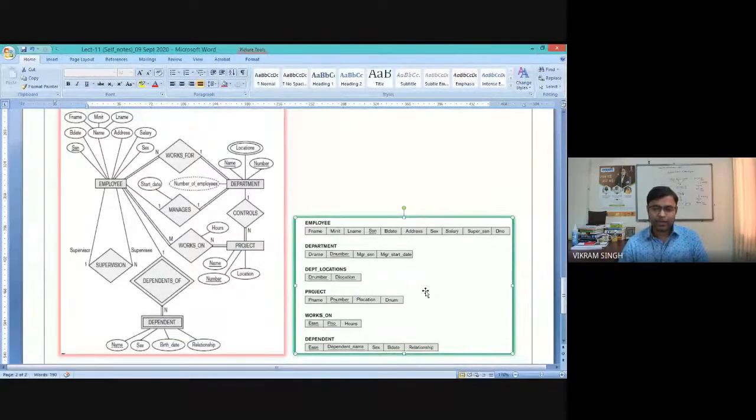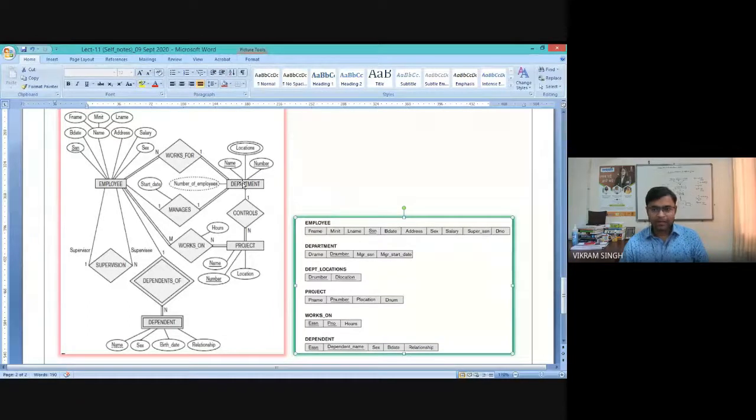Next thing is to see the multi-valued attribute. Only the department entity has a multi-valued attribute, location. You can easily spot that the location attribute in the department entity is multi-valued in nature. So rule 2 outlines that for each multi-valued attribute you need to create a separate table.